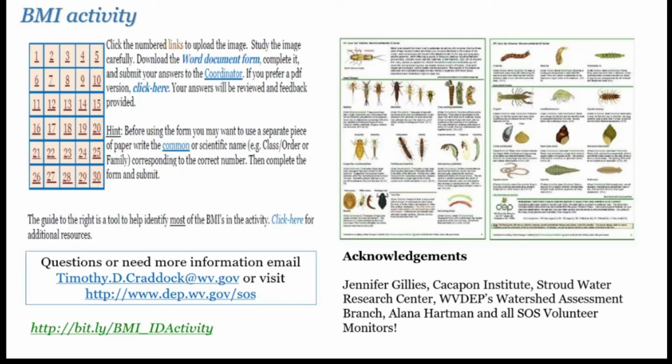But again, just identify these animals to their lowest taxonomic level and be as complete as possible. So my preference, hint, hint, hint, is to use the taxonomic name, not the common name. That might help you gain a few points here and there. And you can use whatever tools you want to. You don't have to do this by memory. There's an example right here of the Save Our Streams 2-page BMI guide, but there are many, many others that you can use. So feel free to use what you want to.